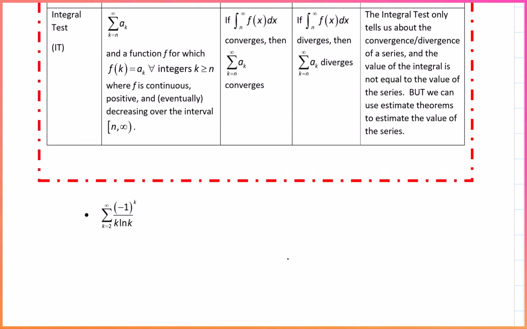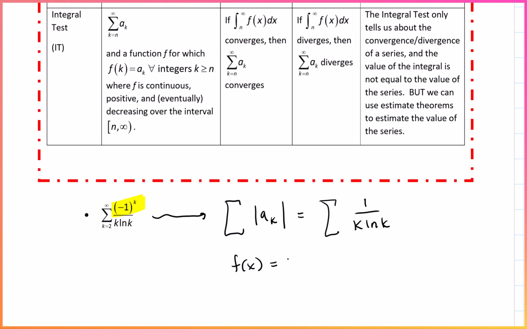So here would be one that we might want to use the integral test on. The first thing we want to do, as mentioned before, is look at the absolute value, because obviously with that switch, this guy is not always positive. So the first thing we do is look at the absolute value, and then that becomes the series 1 over k natural log of k, and that can be connected to the function 1 over x natural log of x, because if we plug in the integers, we get the terms of the series from k equals 2 to infinity. And then we can consider the integral from 2 to infinity of 1 over x natural log of x